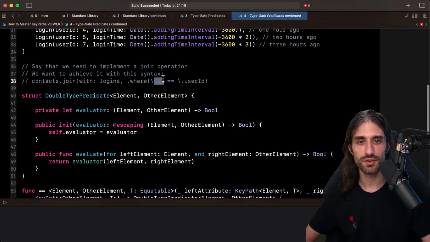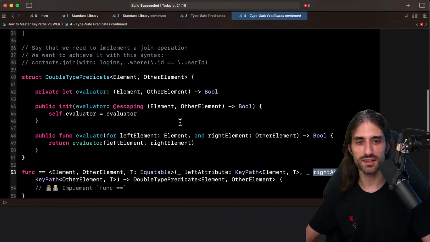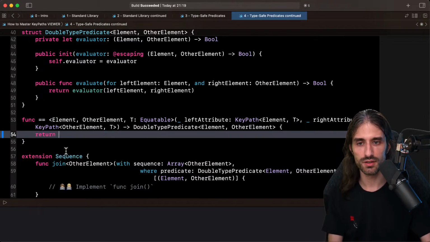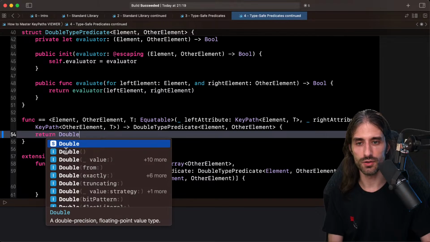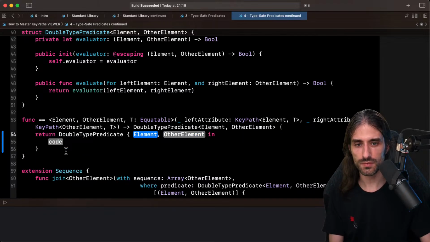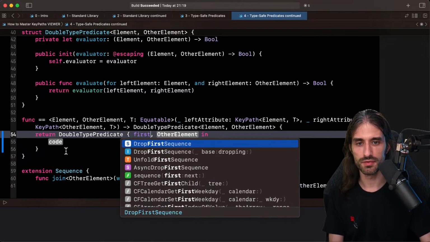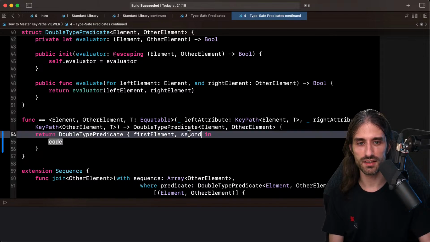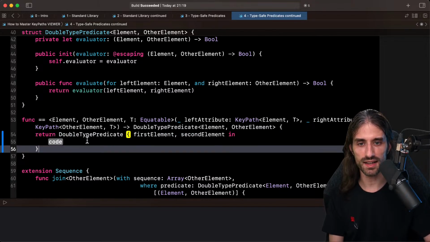And so now the question is, how do I implement this equal operator right here that takes the left attribute of the join and the right attribute of the join? So let's try and do it once again by following the signature. So I need to return a double type predicate, okay, where I have my first element and my second element, like that.